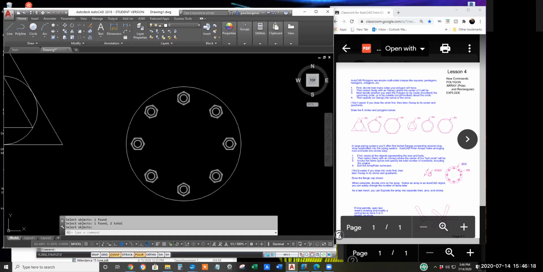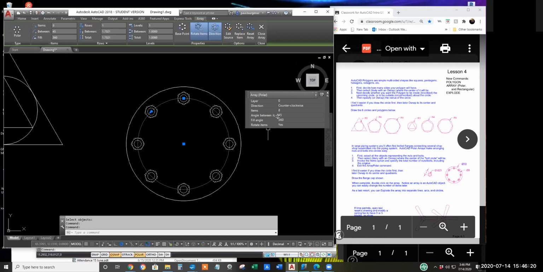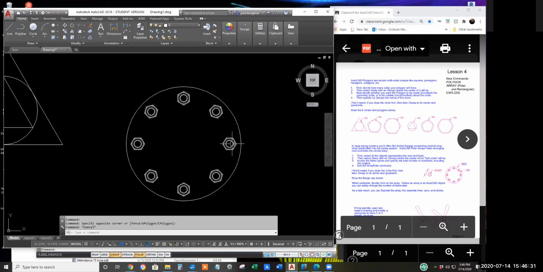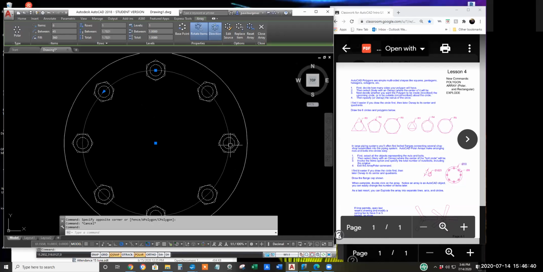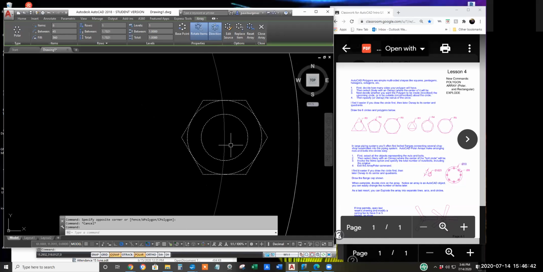I suppose you could double click on it and change it from 8 to 7 and do the arithmetic, but without having to do the arithmetic, you can explode the array, and it blasts it down to 8 different copies of the 3 objects.